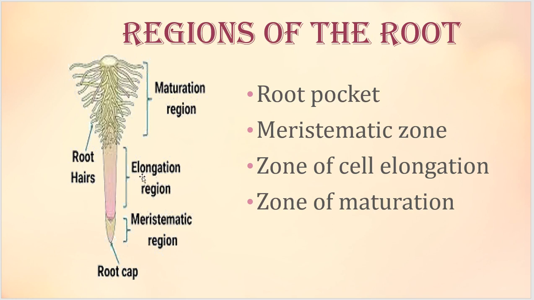So this part of root can be seen proximal to the meristematic region, and gradually the cells will undergo differentiation process and they are slowly getting matured. What is the next part? This is zone of maturation or maturation region. In this part, we can see completely mature root cells, and these mature root cells will be producing root hairs.